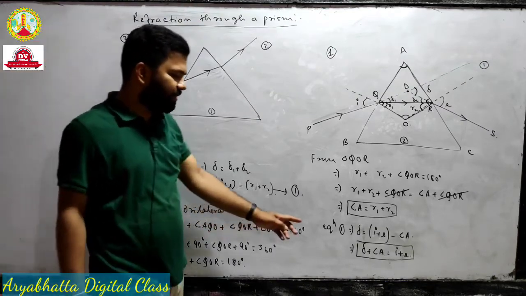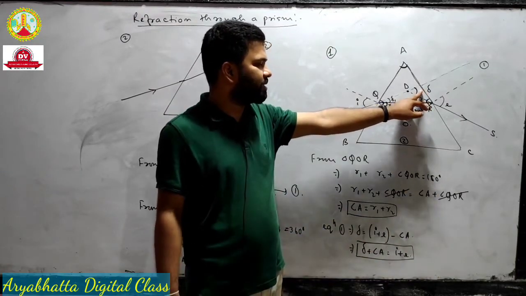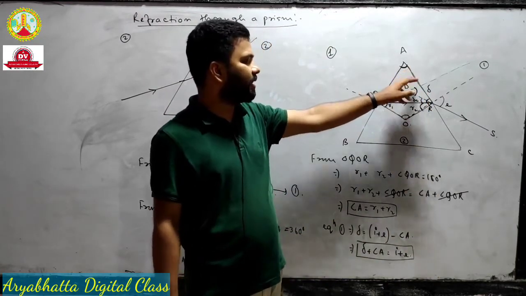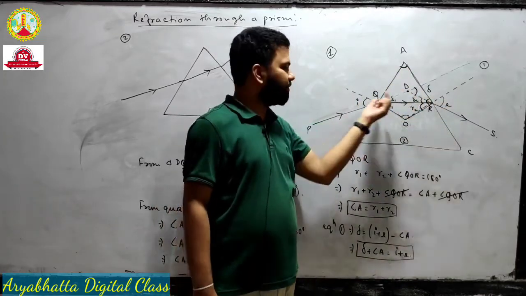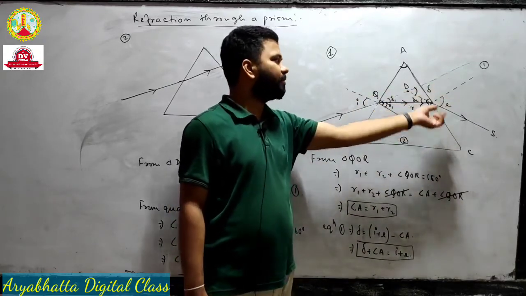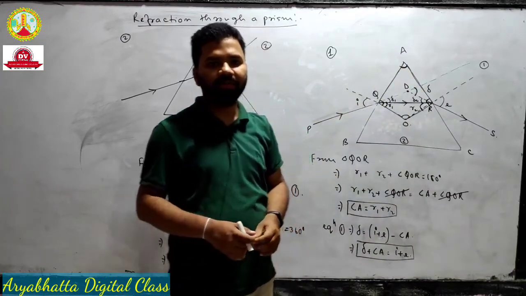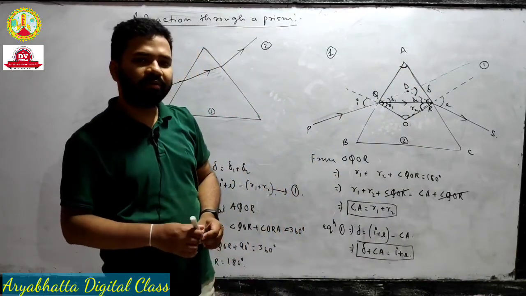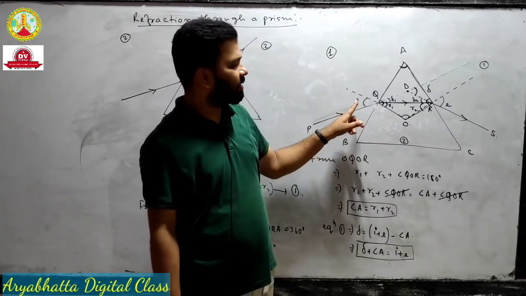And this formula is very, very important: the angle of deviation, meaning this angle plus this angle, is equal to this angle plus this angle. That is, if you know the angle of incidence and the angle of emergence, their sum will be the value of angle of deviation plus angle of prism. Okay? So in our lab, by putting some pins, we will first set the value of I,